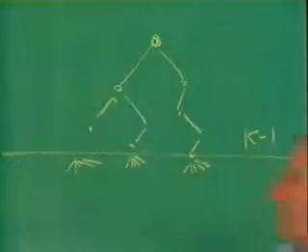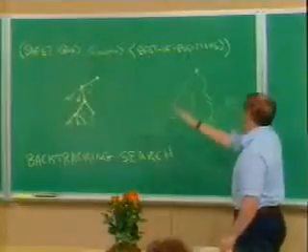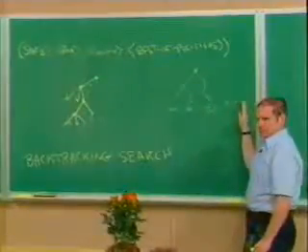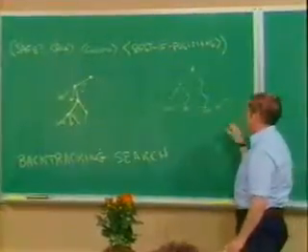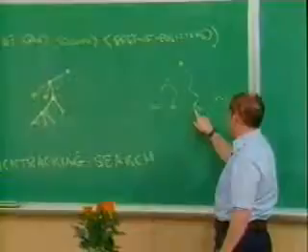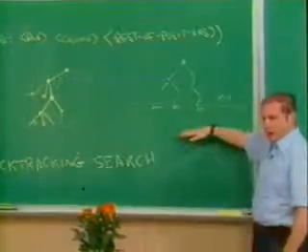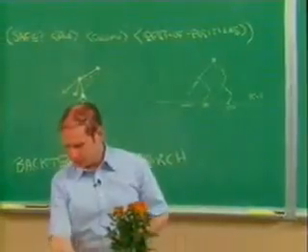So instead of thinking about this tree generated step by step, suppose I had it all there. To extend it from level k minus 1 to level k, I just need to extend each thing in all possible ways and only keep the ones that are safe, and that'll give me the tree to level k. And that's a recursive strategy for solving the 8 queens problem. All right, well, let's look at it.